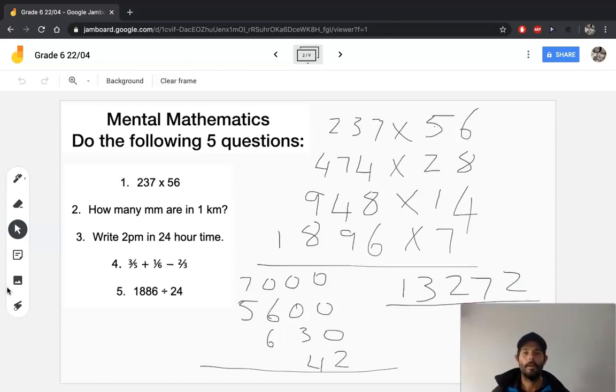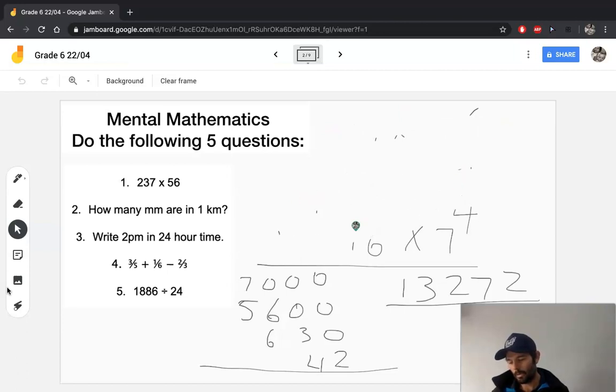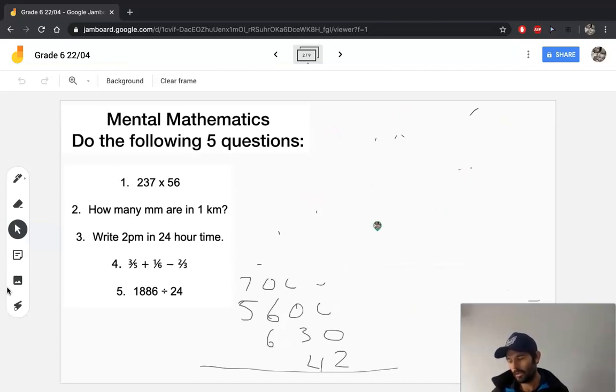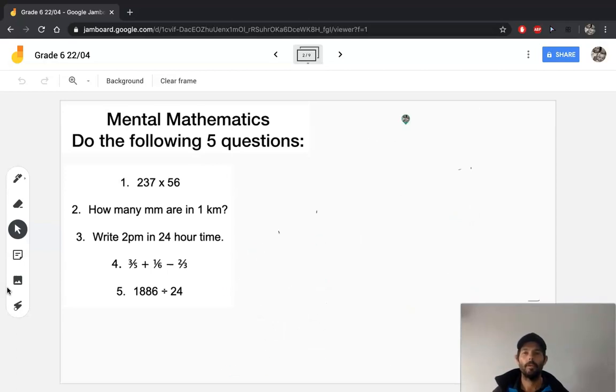Okay, so yeah, work through those and see how you go. I just think those methods are a little bit easier for you to understand what's actually happening with those numbers. Okay, just remember, I couldn't halve the 237. Well, you could halve the 237 and double the 56, but then you're going to be working with decimals, which we are trying to avoid.